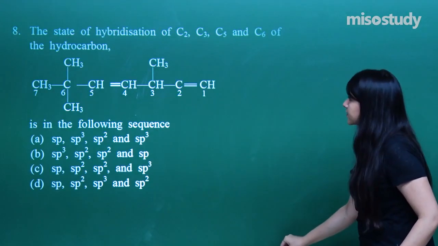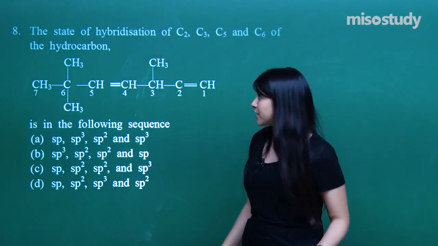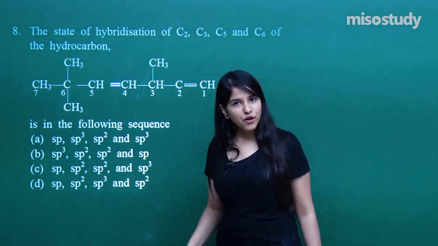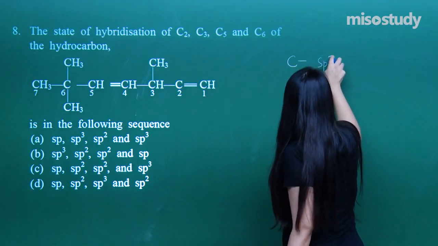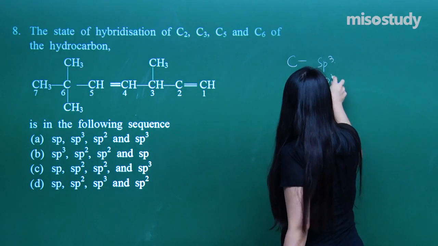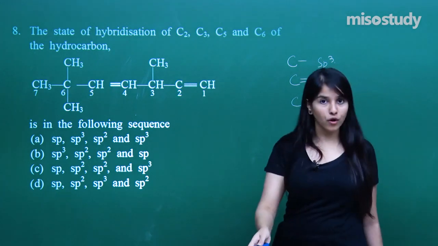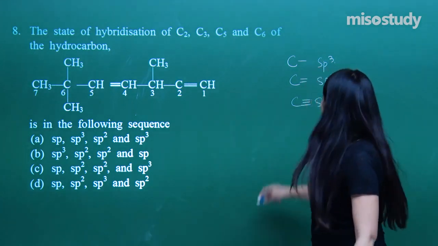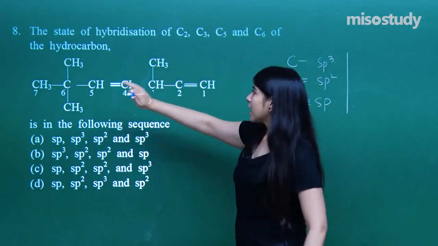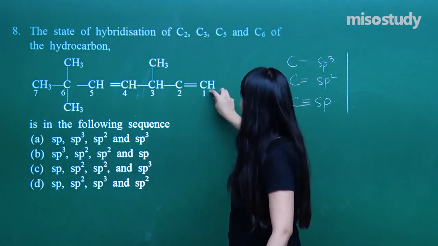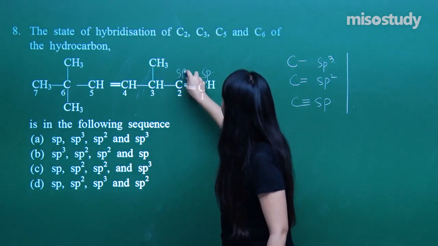So the next question says, now, a pretty easy question, you just need to find out the hybridization of these very carbons involved. So we all know a carbon which is singly bonded is sp3, doubly bonded is sp2, triply bonded is sp. In most of the cases I am talking about, not all. So there are always exceptions. So over here all the carbons are marked and you need to assign the state of hybridization. This is a triply bonded carbon, sp, again a triply bonded carbon, sp.